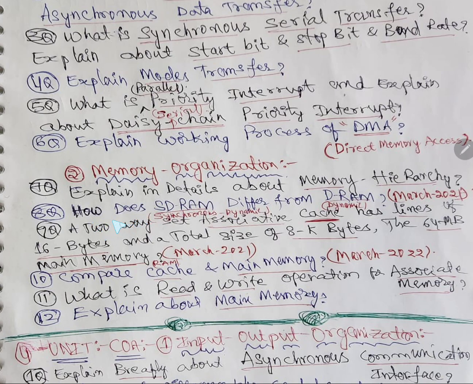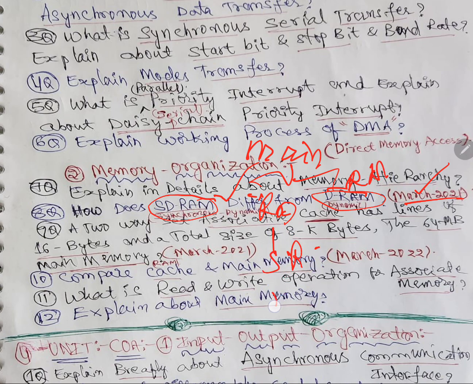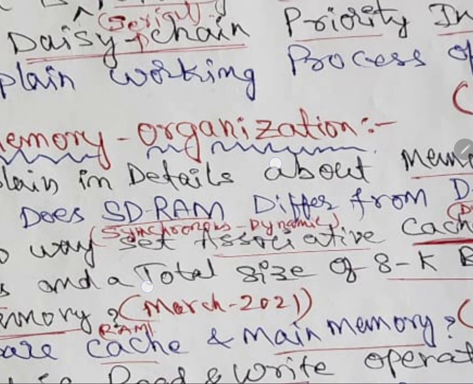Now, not wasting time. How does SDRAM differ from DRAM? See, this is a little bit twisted question. SDRAM means synchronous dynamic RAM, and this is dynamic RAM. The difference between these two, right? This question was asked in March 2021, so I will shoot this if you want, and other topics regarding this I have shot. So, types of main memory. In main memory we have RAM and ROM, right? In RAM you have static RAM and dynamic RAM. In that, SDRAM is one more type, that is nothing but, see here, I wrote with a red pen,